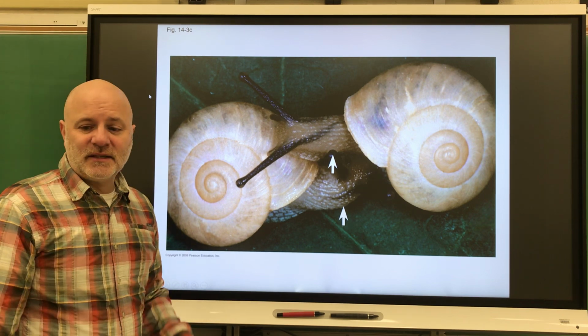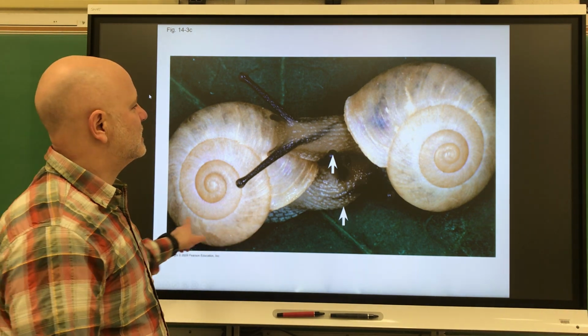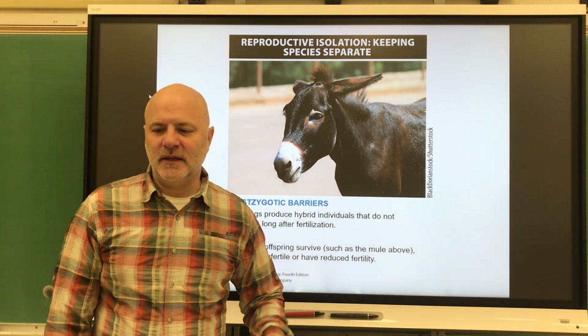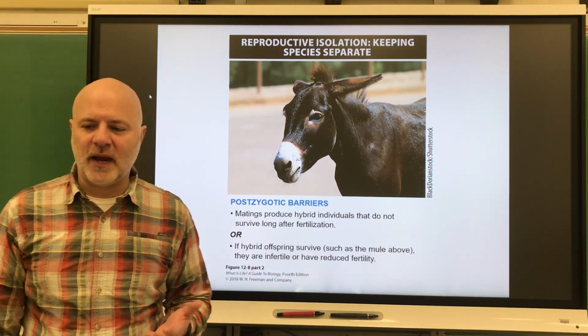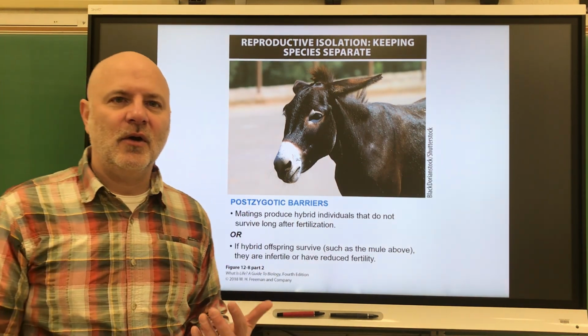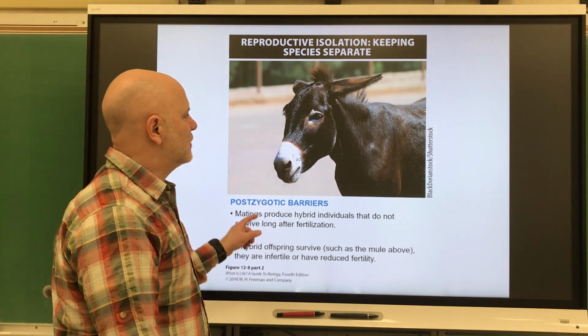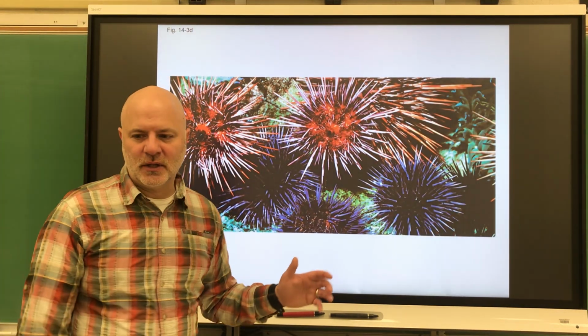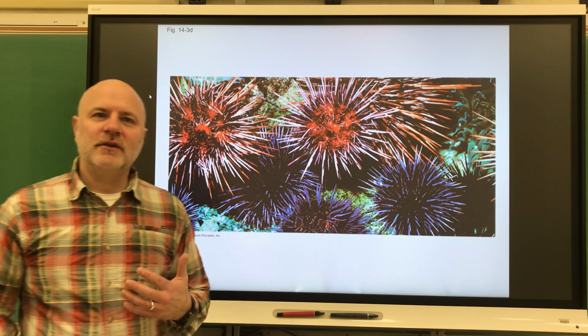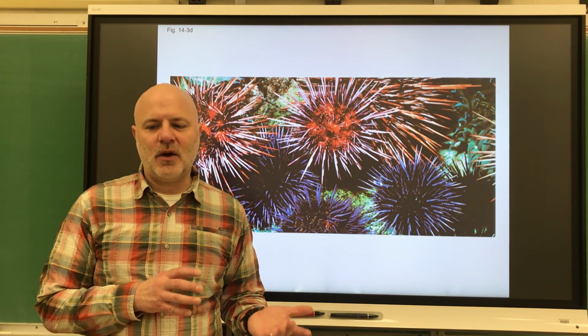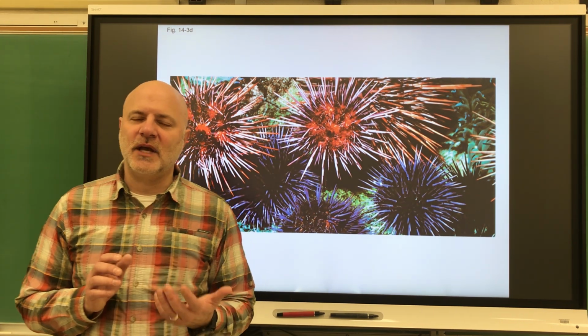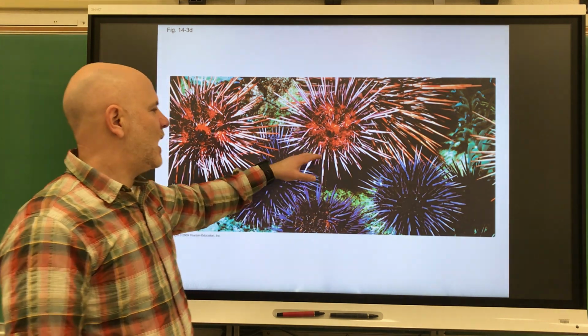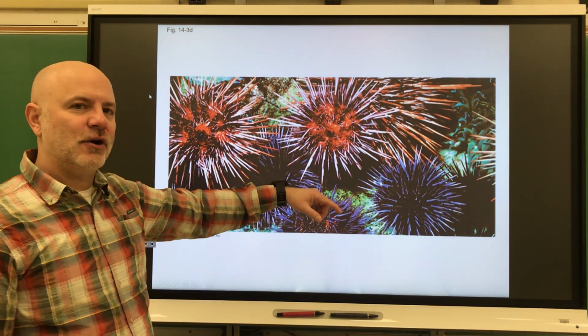All right, next is a post-mating isolating mechanism. So post-mating isolating mechanisms are going to prevent hybrid offspring from developing or breeding. All right, so the first is just gamete isolation. And so here, either the sperm cannot reach the egg or they cannot fuse with the egg to become a zygote. And these are showing a couple different species of sea urchins.